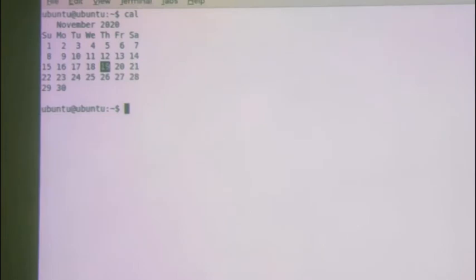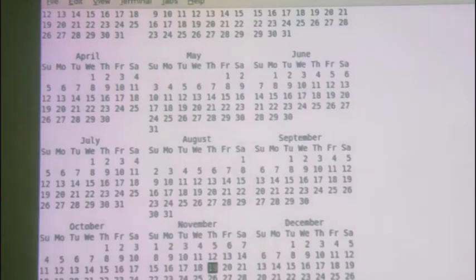It displayed the current month's calendar, right? Now if I want to see the calendar of a specific year, then I have to add an argument: cal 2020. So it will display the calendar of the full year.